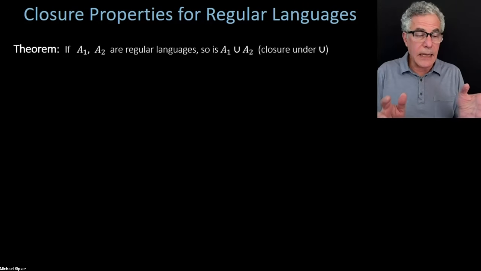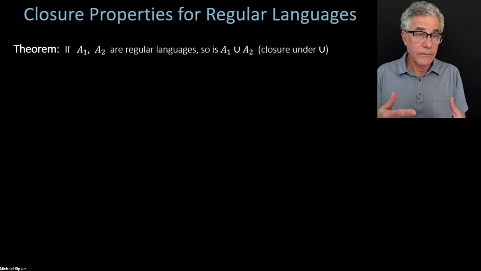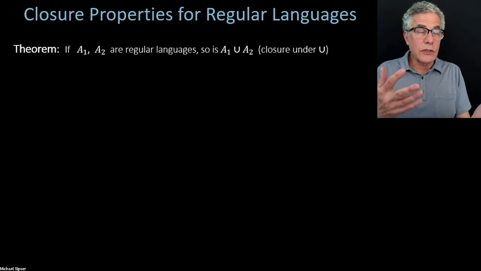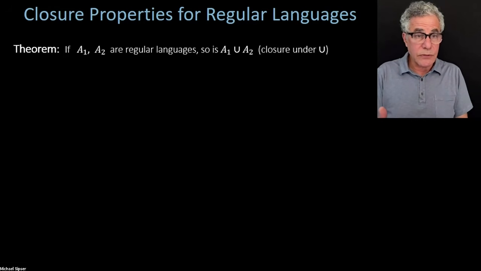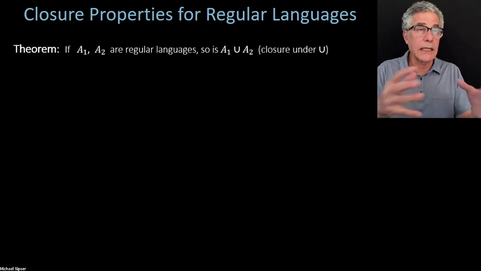When you say a collection of objects is closed under some operation, that means applying that operation to those objects leaves you in the same class of objects. Like the positive integers, the natural numbers, that's closed under addition, because when you add two positive integers, you get back a positive integer. But they're not closed under subtraction, because 2 minus 4, you get something which is not a positive integer. So closed means you leave yourself in the collection.